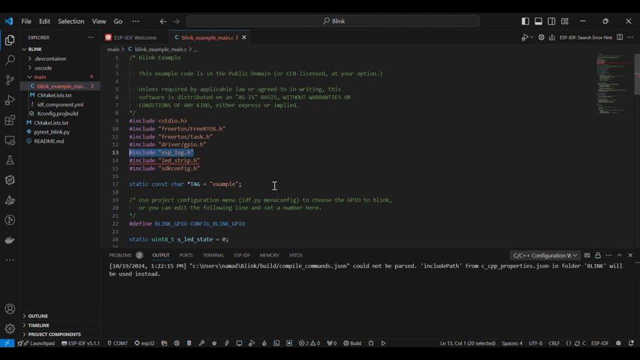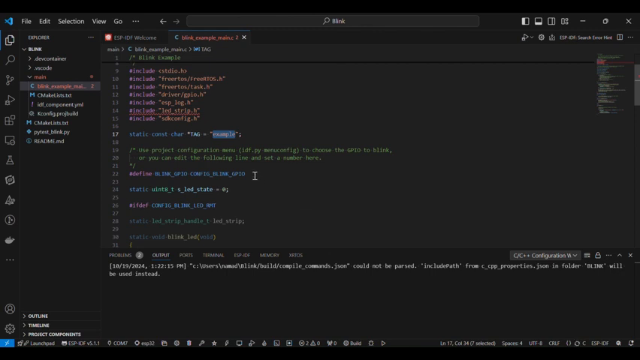Then you just created a variable as a tag. Tag is an example, just a kind of global variable you have created. Then you created a macro, which is BLINK_GPIO, that is CONFIG_BLINK_GPIO. First time you run it,